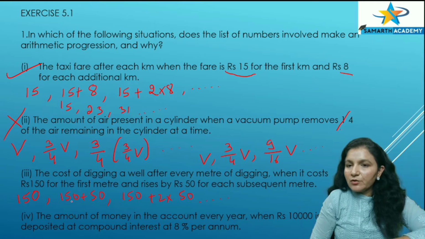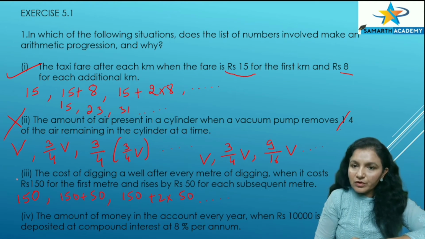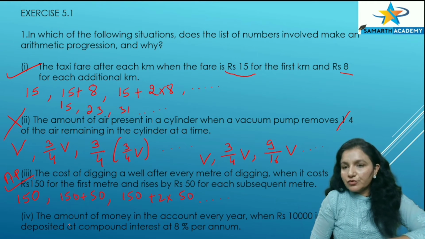So what are the terms here? 150, 200, 250 and so on. Therefore, this is an AP. Question 4. The amount of money in the account every year when rupees 10,000 is deposited at compound